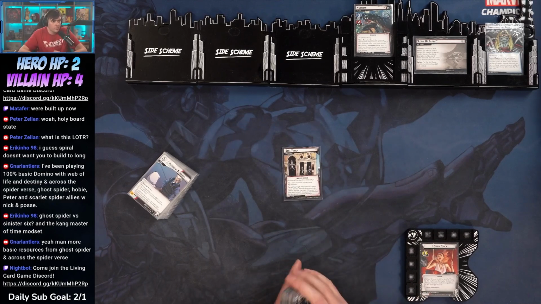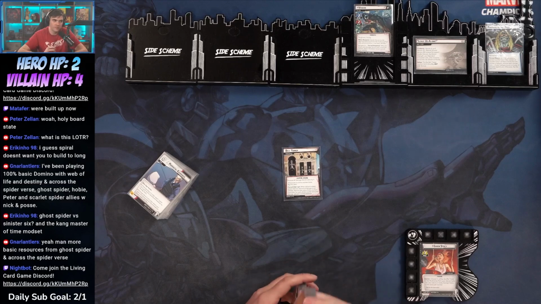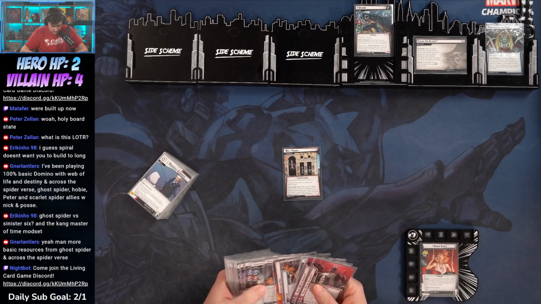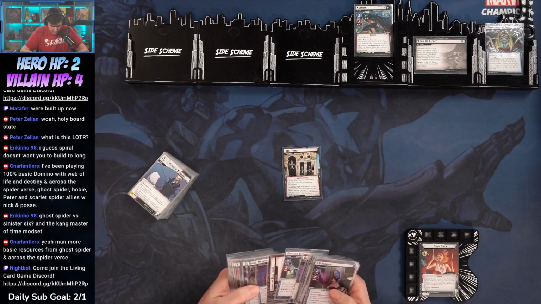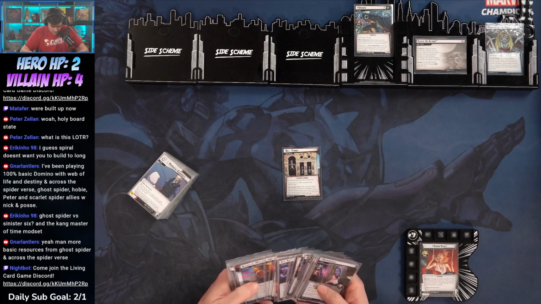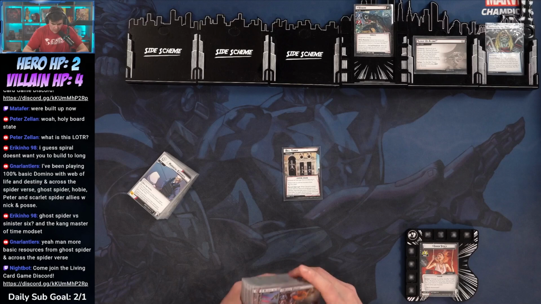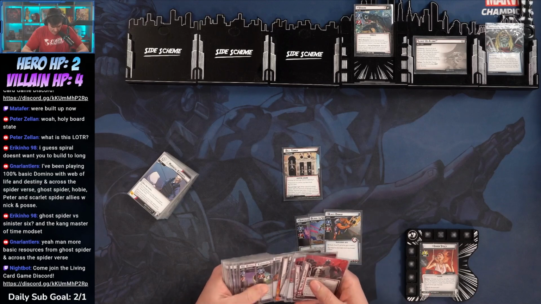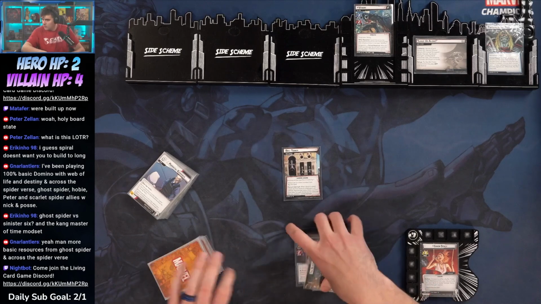Been playing 100% basic. Ghost Spider vs Sinister 6. Oh, sorry, I didn't see that. Master of Time. I haven't played Master of Time. I'll play Master of Time though. I'll do Master of Time over Black Order. One. I think it's just 4 for Black Order, right? Yeah. 2, 3, 4. Okay, so